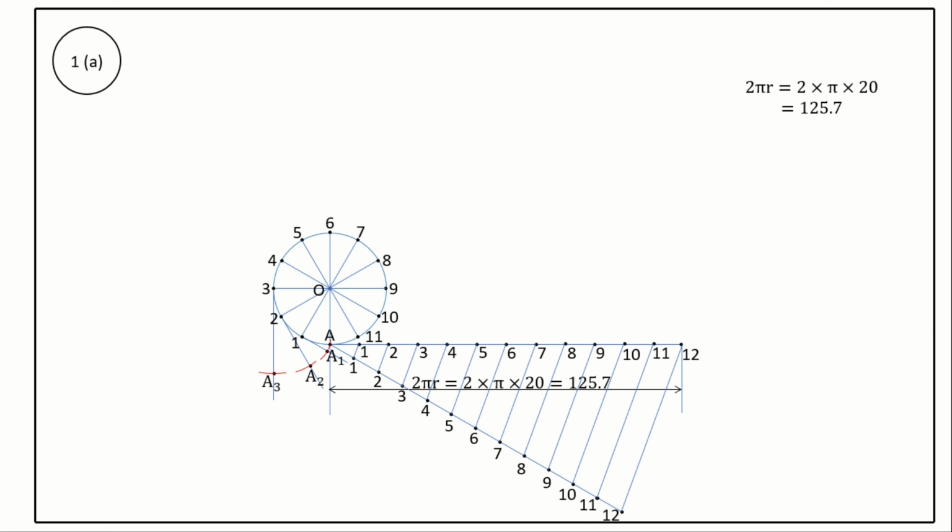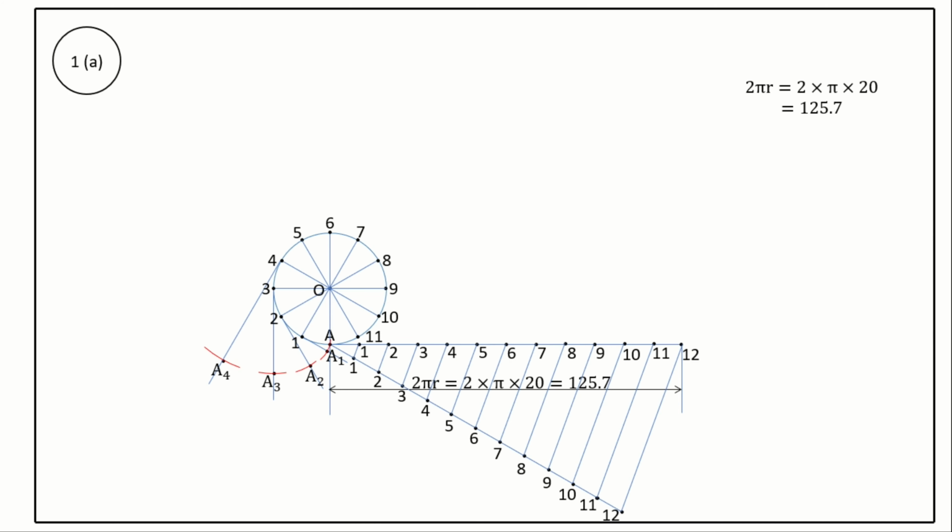Similarly, from the point 4 on the circumference of a circle, draw a perpendicular line to the radial line O4. Take a protractor and draw a perpendicular line to O4 from the point 4. This line is tangent to the point 4. Take a compass, measure the length A4 on the horizontal line with center point 4 and radius of length A4. Cut an arc on the line tangent to the point 4. Mark the point as A4.